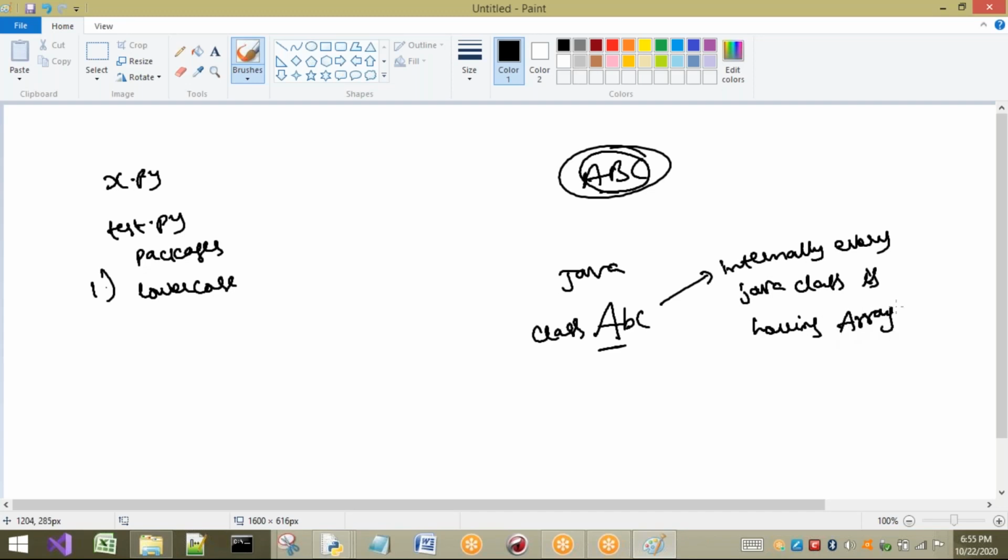For example, ArrayList is one class, A is capital. Class names start with capital by default; inbuilt, all classes are in this way only. So whatever class you are going to create, it is better to write with a capital letter, so that people who know Java can understand that whatever I am writing here is a class. So I am recommending you to take the package names as lowercase.